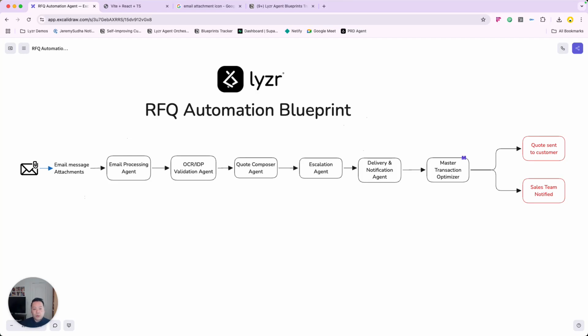Today I'd like to walk you through our RFQ Automation Agent. This agent is designed to automate the process of responding to a quote from a customer that's received via an email attachment. When the email is received that has requirements for a quote that the customer requires, there's an email processing agent that can detect that within and distinguish it from other emails from customers, such as for customer service or appointments. Those emails that are flagged as RFQ emails will then be passed to an OCR and IDP agent,